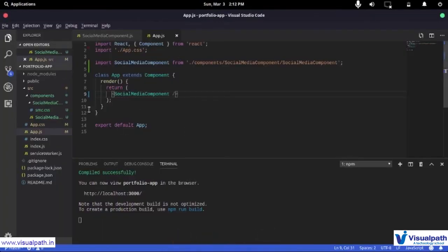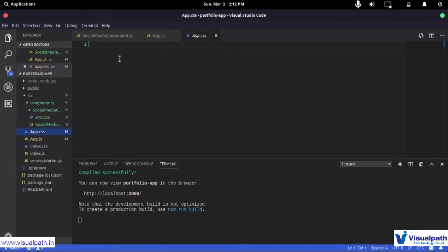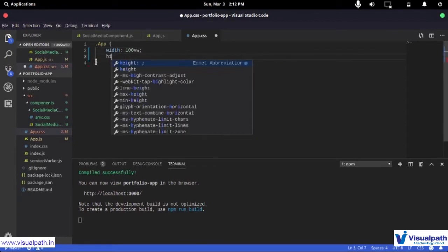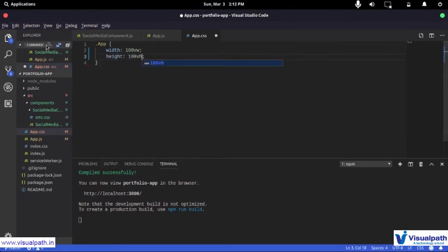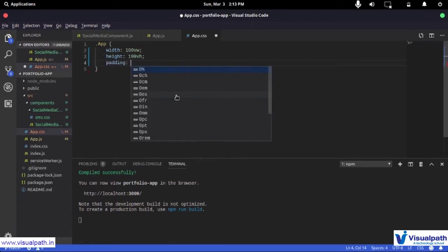Now let's just change the styling of app first. So what I'm going to do is I'm going to create a class that I'm going to call app, and here what I just want to do is I just want to put up a little bit of width and height. So what I want to do is I want to have the width of 100 VW, and that's just how wide your browser is, and I'm going to have a height of say 100 VH. Now these are just viewport width and viewport height, and if you're comfortable with CSS you already know these. Then I'm going to have a padding of say 50 pixels for now, just to play around a little more.